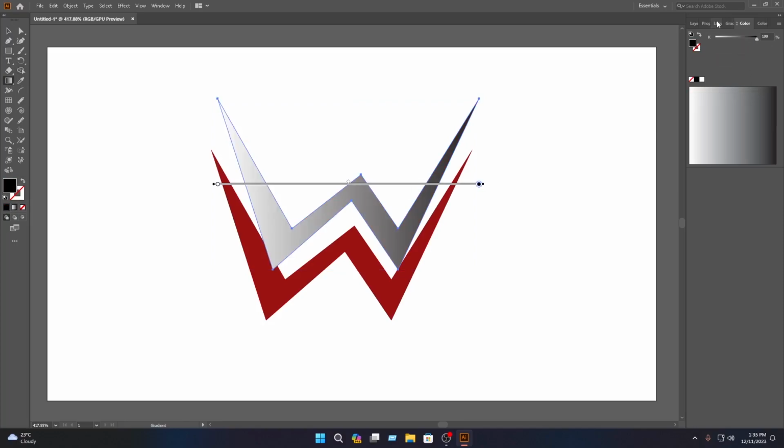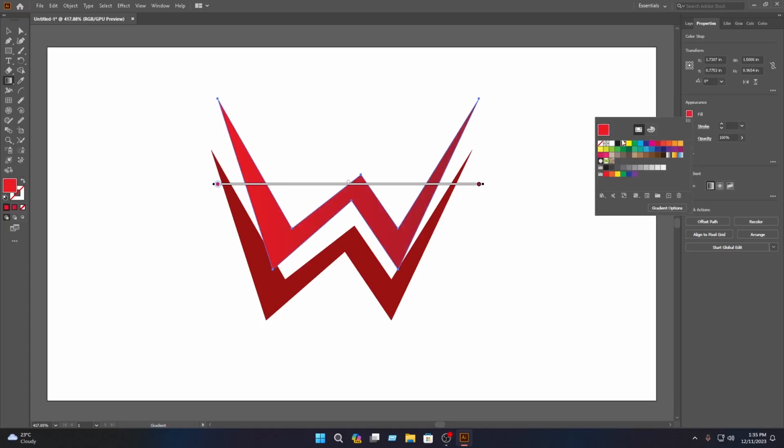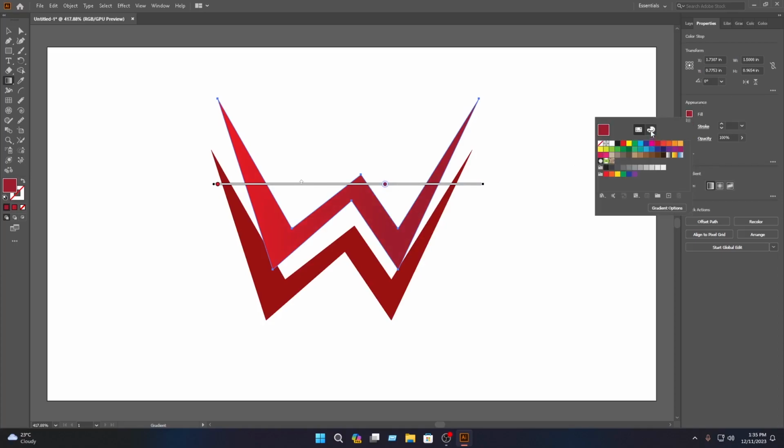then you have to select this and go to the properties, then click on the fill, then select this color, then go to the color option, then select this color from here, then select this, then click on the fill, then select this color, then select this and drag this in here, then select this and click on the fill again, then go to the color option, then select this color from here,